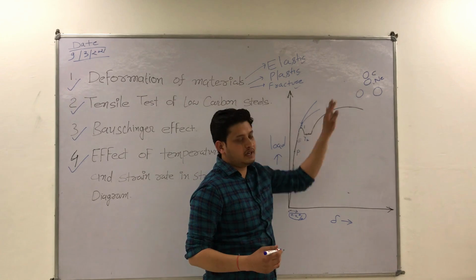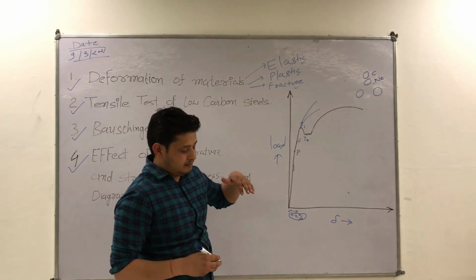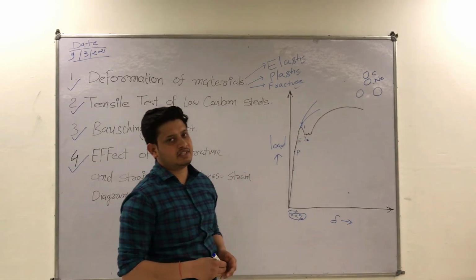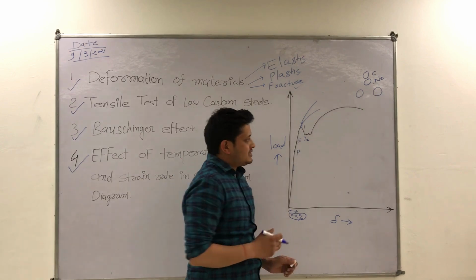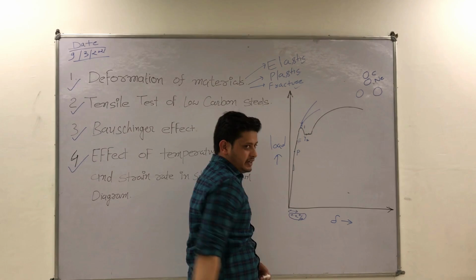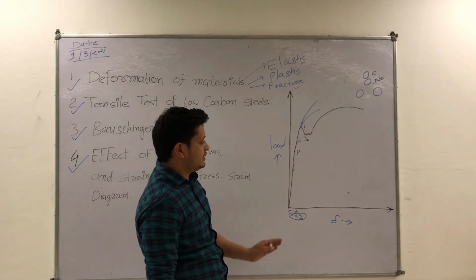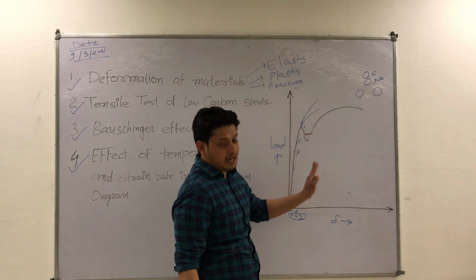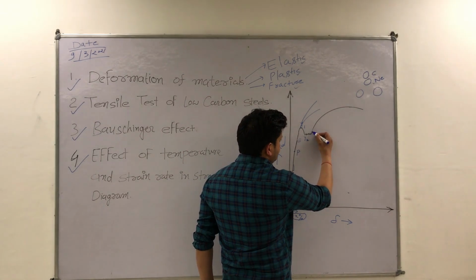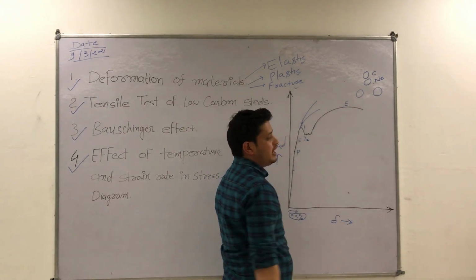Now there is a limit to the Cottrell atmosphere. Once this Cottrell atmosphere is removed, it takes some time to generate the atmosphere again, known as the strain aging time, so less stress is required to deform the material, and a lower yield point is generated. After that a constant load is applied to the material, and the material behaves as a perfectly plastic material. After that there is a region, up to point E, which is known as the strain hardening region.